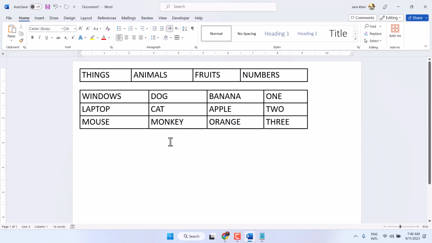In this video, I will show you how to split cells in Microsoft Word. So if you have a table and you want to split, keep your cursor on that particular cell